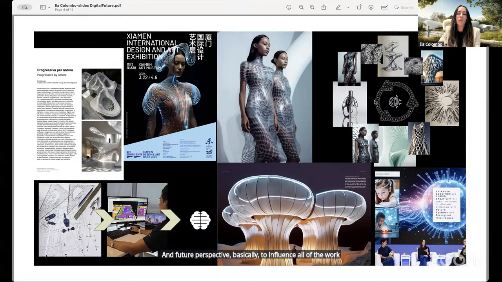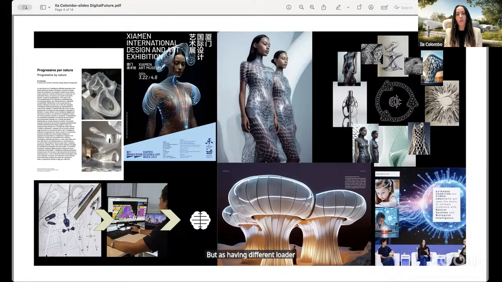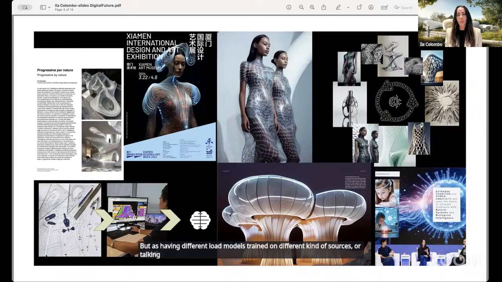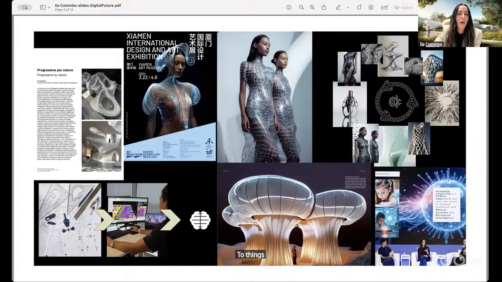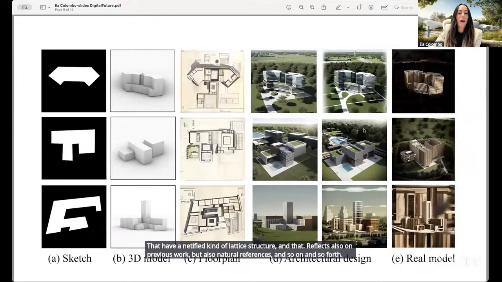So especially when it comes to design principles, like in this particular case netification, having different LoRa models trained on different kinds of sources, all talking about the same subjects and then colliding into one particular framework is very instrumental to then arrive at things like fashion clothing, for example, that have a netified kind of lattice structure, and that reflects also on previous work, but also natural references and so on and so forth.